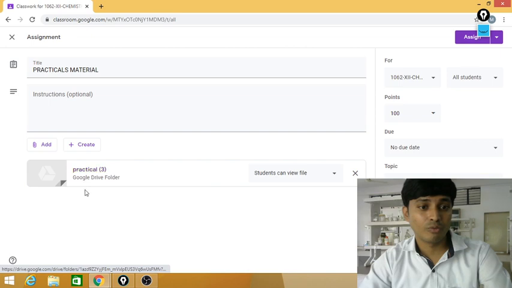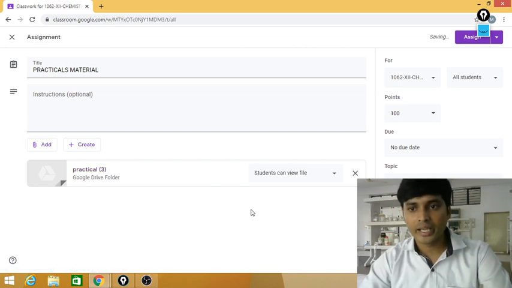So I have given access to the total folder. Now, topic, you should not forget this always. Earlier practicals was not there; as I have created it, practicals is now coming, you can see here. So that's how it is assigned now.